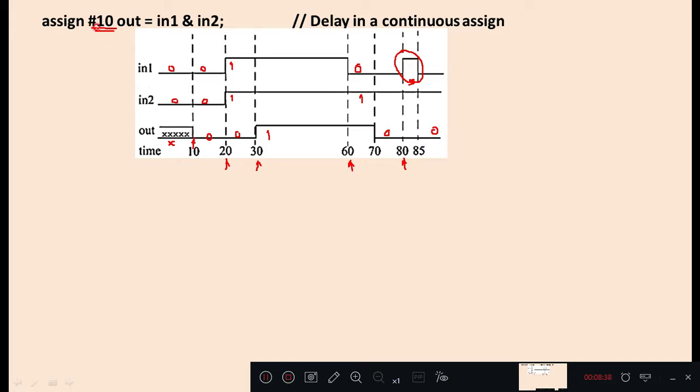So what does this #10 delay correspond to? This delay corresponds to the assignment or transport delay. When input changes, computation is done immediately, but the value assignment is delayed by 10 time units. Any input value change lesser than 10 time units won't appear at the output; it is rejected as noise. So a noise pulse lesser than 10 nanoseconds is rejected.